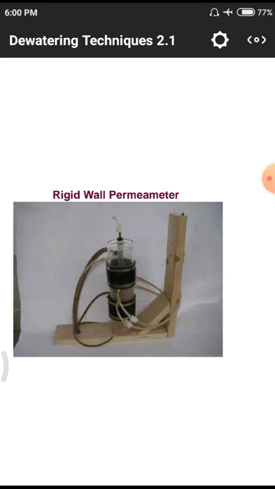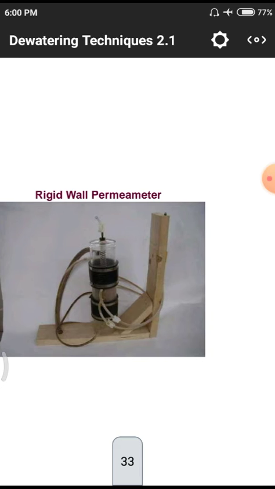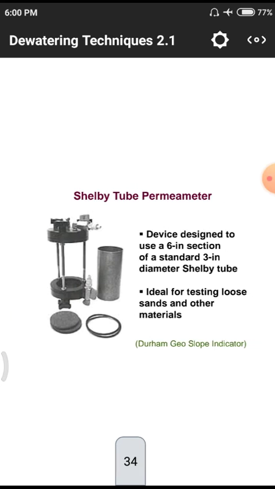This is the rigid wall parameters, the equipment showing how the rigid wall parameters are working. All those tubes are having, that means at the top level we have to use some amount of water. The water will flow through these pipes, and the soil we are having in the middle portion. How much water will be flowing through the particular soil? Due to the pores, water will automatically come onto the particular pipes arranged to the soil, so that we have to know what is the permeability property of the particular soil.